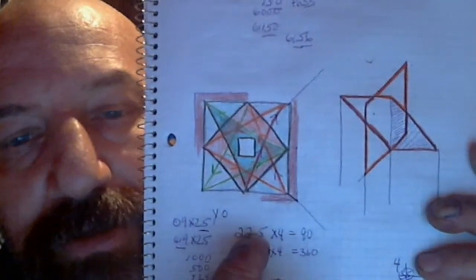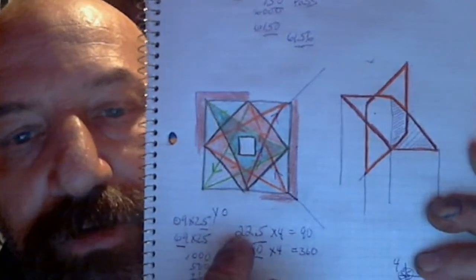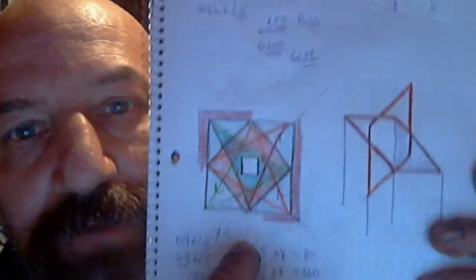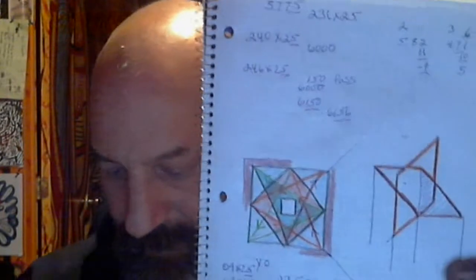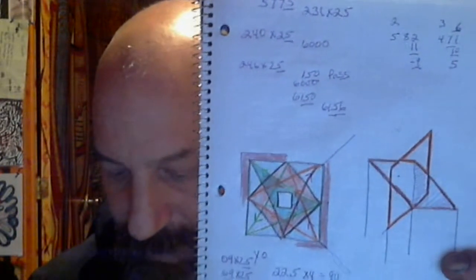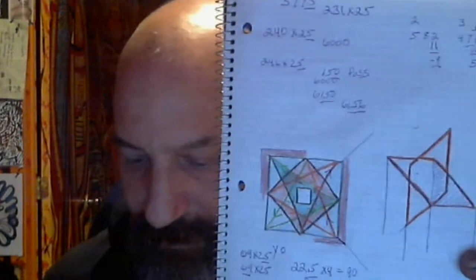5,760 in the Hebrew time equals the year 2000. 15 times 15 is 225, and 225 divided by 5775. 5775 divided by 225 equals